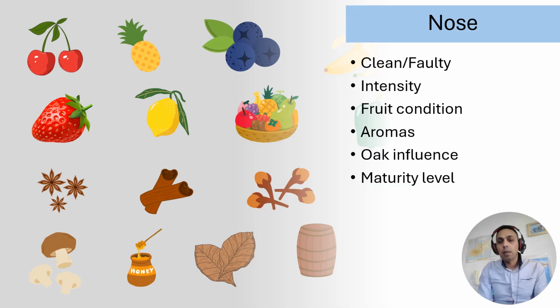And the next slide is about the nose. Here, before we start describing the nose, we need to make sure that the wine is sound. Basically, if you smell the wine and it smells like a wine, you just say the wine is clean. If you have detected any fault, like for example cork taint, which is the most common wine fault, also known as